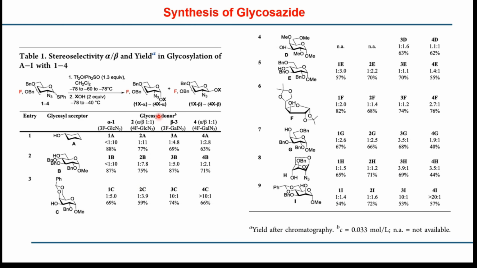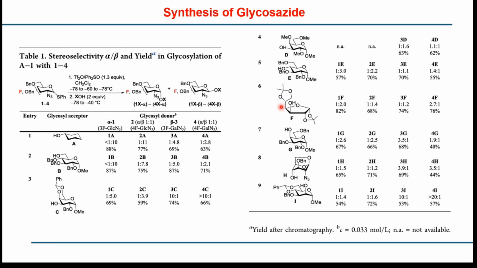So after that, in the pre-activation of the intermediate, they knew what will be the intermediate in which this reaction will proceed. So they have taken different acceptors, starting with 1 and 2, where they have taken primary hydroxy nucleophiles. That means the nucleophilicity of the hydroxy group is more. Then 3 to 5, those are the equatorial secondary hydroxy groups. Those are less reactive than 1 and 2.